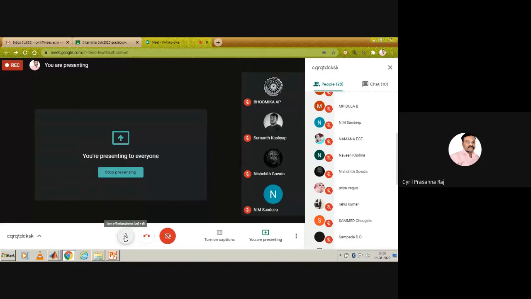So the mathematical concepts, what is behind this, we will discuss in the next class. I just introduced you to the concept of image registration. Then one more concept is there that is called image fusion. We will also discuss about that in the next class, understanding the mathematics behind image registration and image fusion. So we will stop at this point of time, and if you have any doubt, we will continue. Otherwise, we will stop. Any queries you have on the concepts that we discussed today.